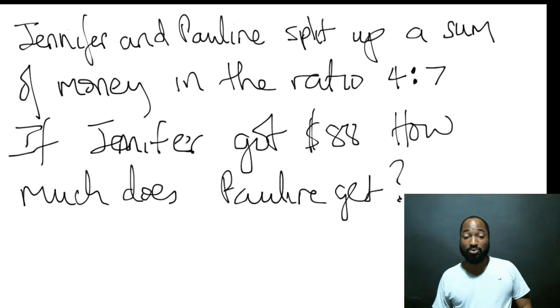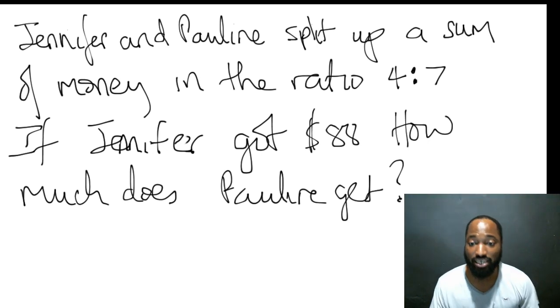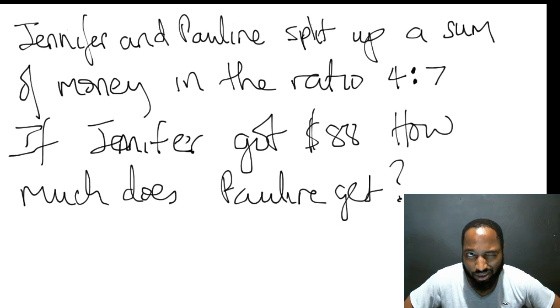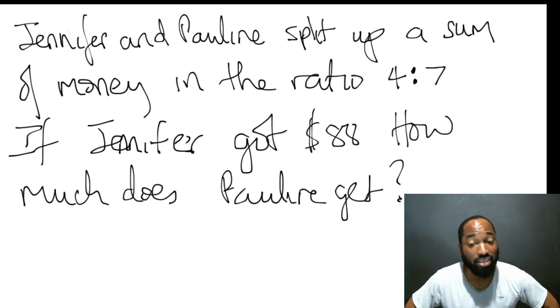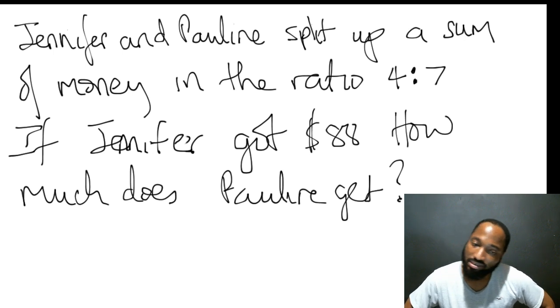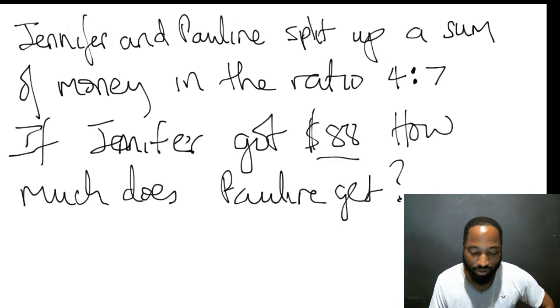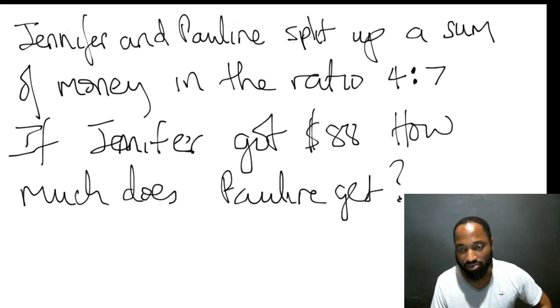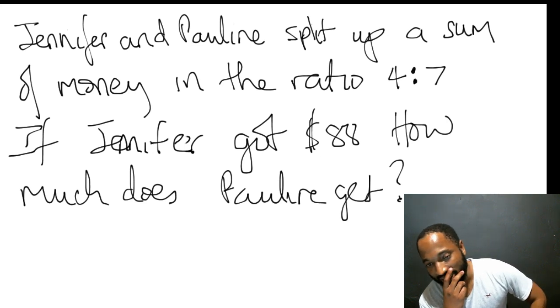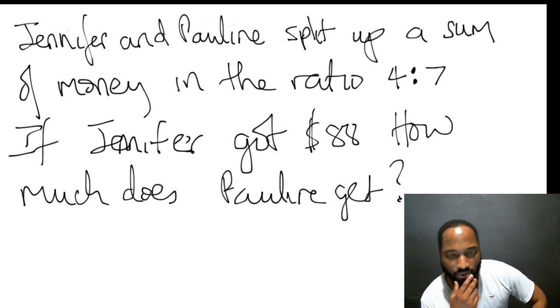Right, so what is happening here? How do we do a question like this? Somebody hit them the correct answer there. Well done, Raphael. Pauline gets 56? No, because remember, Pauline is on the bigger side of the ratio. Pauline gets 7 and this person gets 4, so you know that answer can't be correct. Because if this person gets 88, it means Pauline had to get more. Danny, well done. So it is 154.